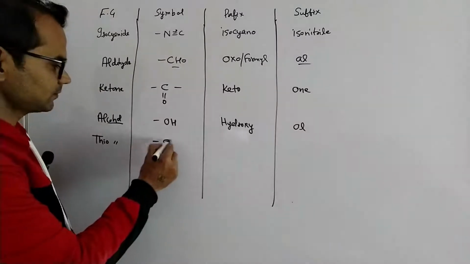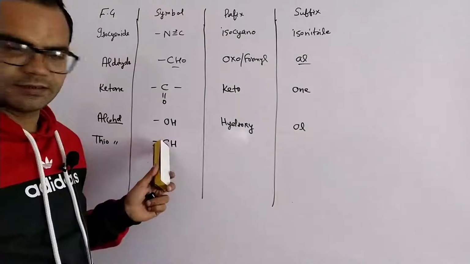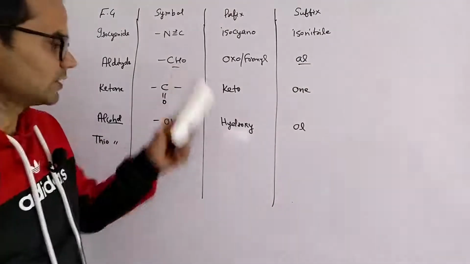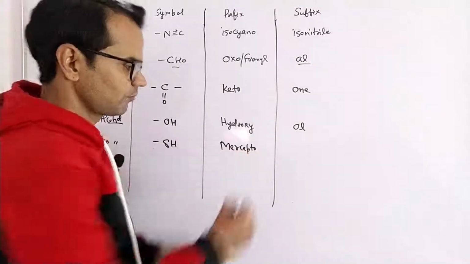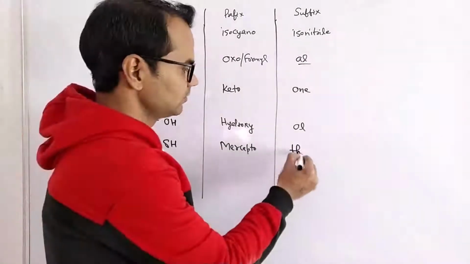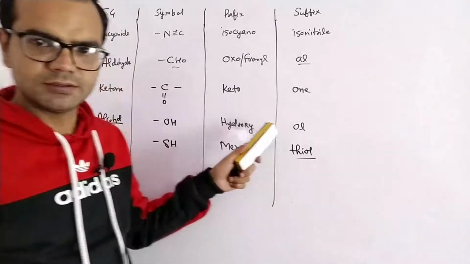Symbol is SH: instead of O, now we have S for thio. Thio is used for sulfur. So its prefix is mercapto, and its suffix is thiol. Thiol is the derivative of alcohol. Next is